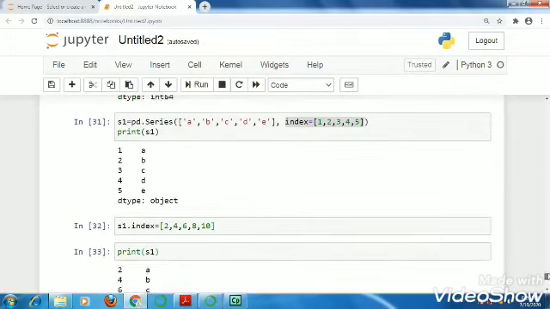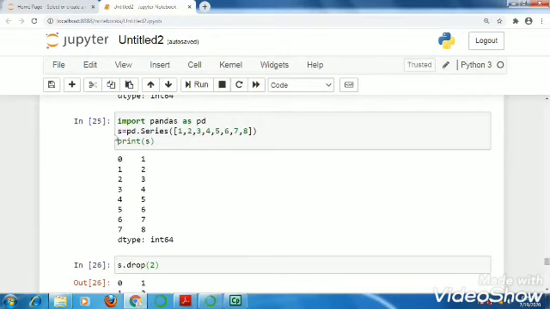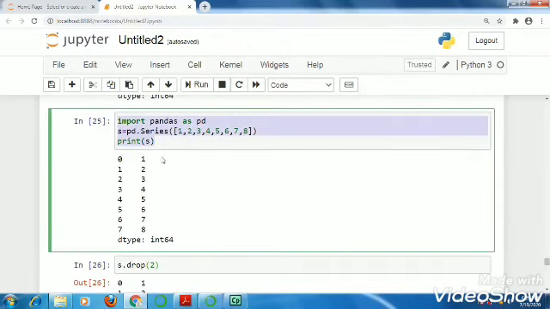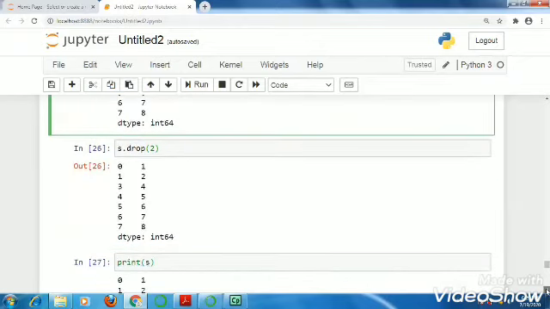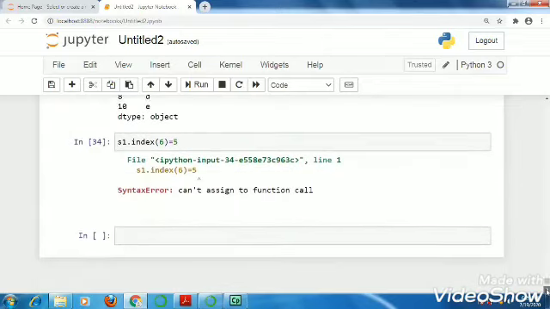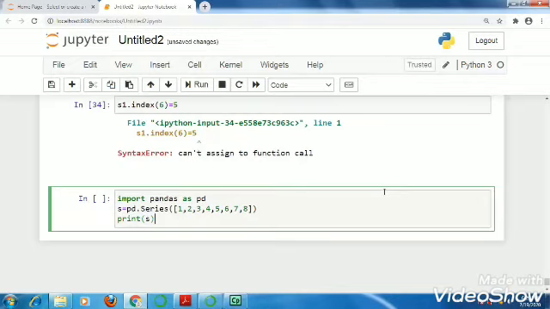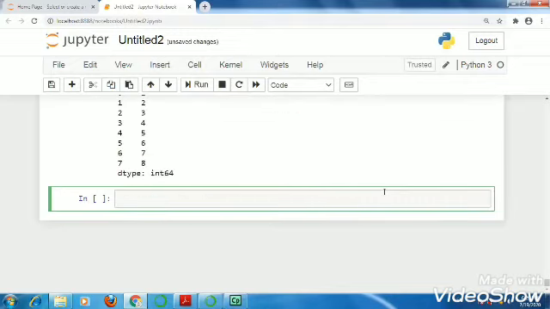Suppose this is the series. Again I am creating the same series, as I have deleted some values. So this is my series.